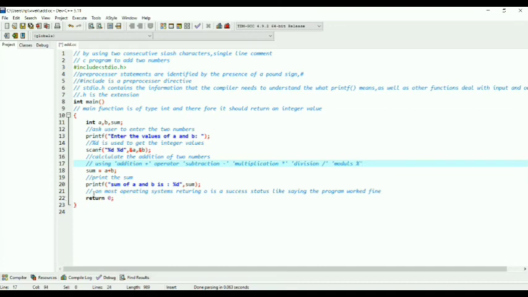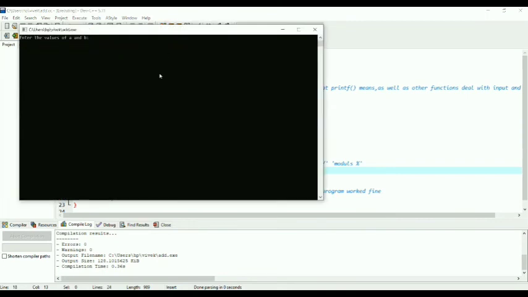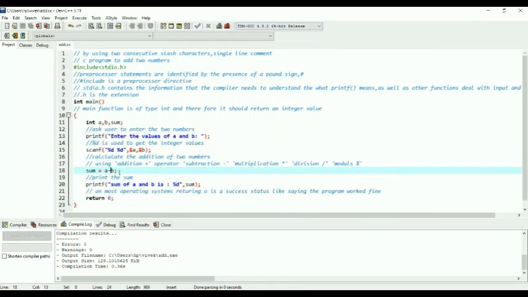Here we have to do only one thing. We have to change just plus to minus, and I'm going to compile this program. See, I compiled, no errors, and I am running the program. It's asking to enter A and B. I am giving 10, 20. What is our answer? Must be minus 10, because I have given the bigger value for B. 10 minus 20 is minus 10, right? Now we will see the multiplication.